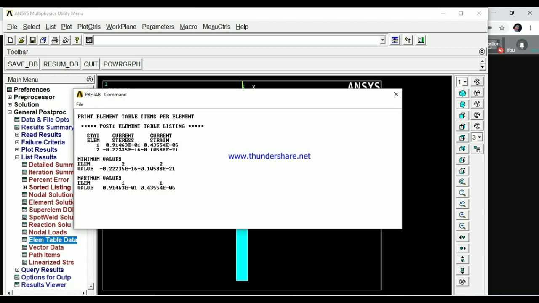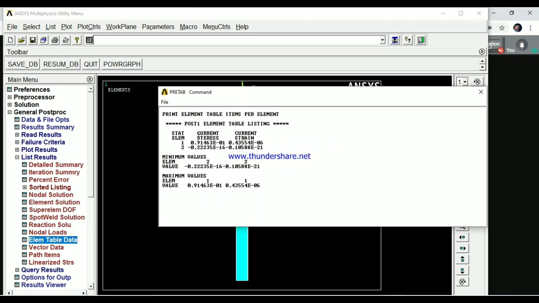See here, these are the stress values, a very small stress value because the load is very less. For element 1 there is a tensile stress. How will you get the compressive stress?